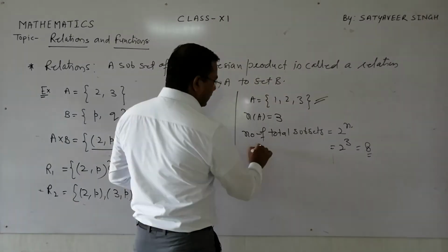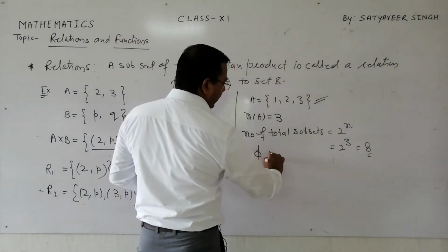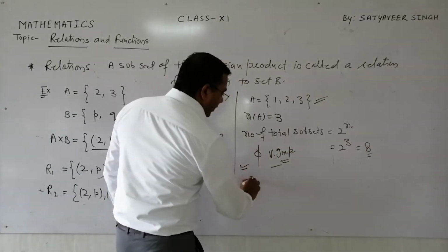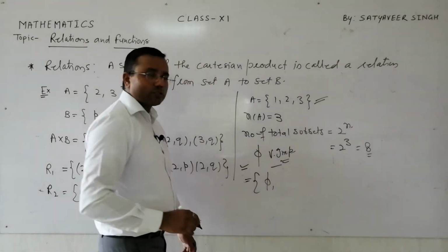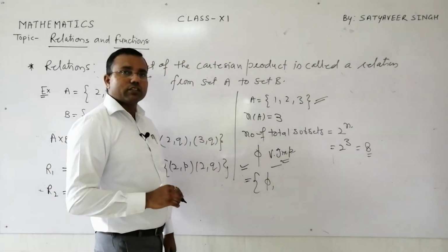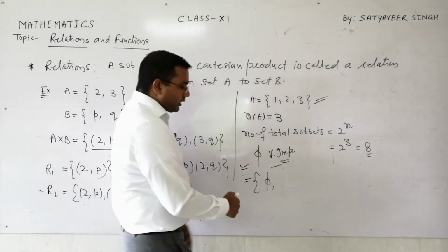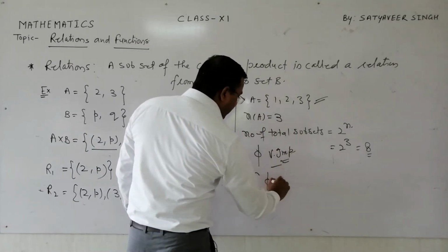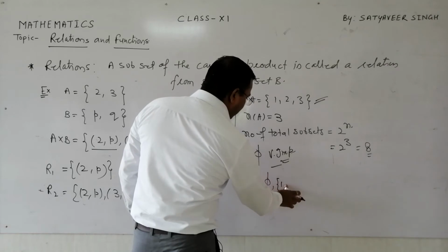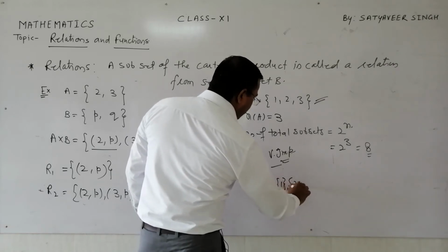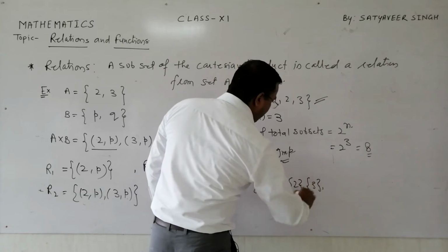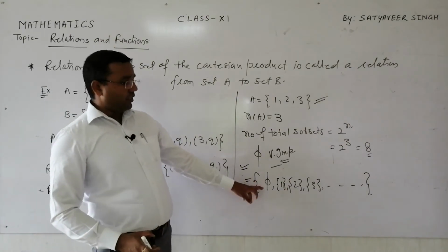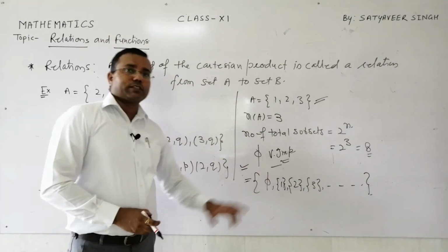And phi is the subset of all the sets. Very important. Generally students forget about this phi. If I write all the subsets, then phi will be the first one. Phi is the subset of all the sets. You will not enclose it again in curly brackets, but you will write the other remaining elements like 1 and 2 and 3. You will write all the subsets, but this phi alone you will write without curly brackets, but it is the subset of all the sets.